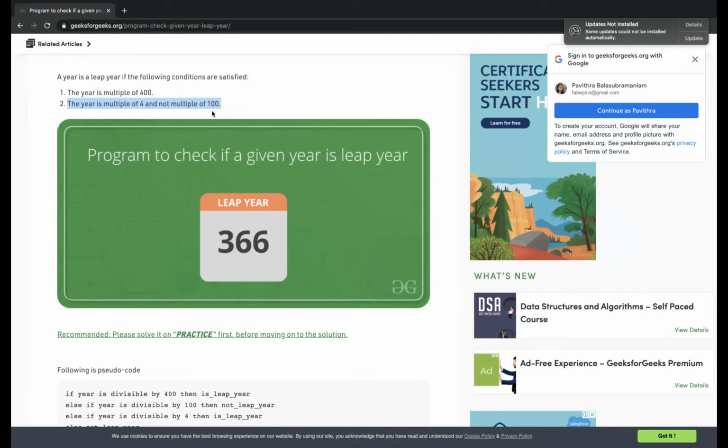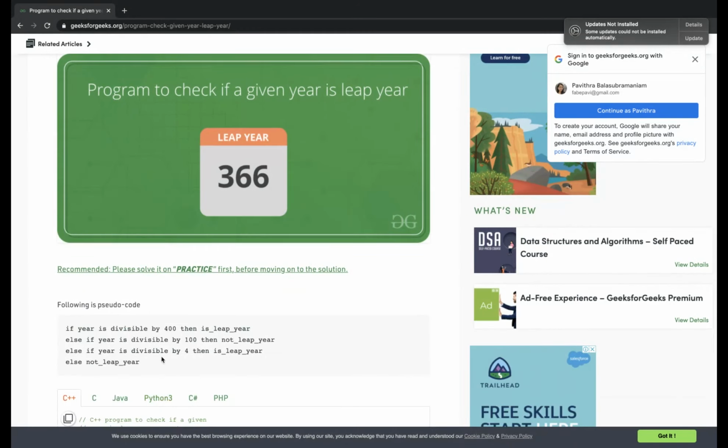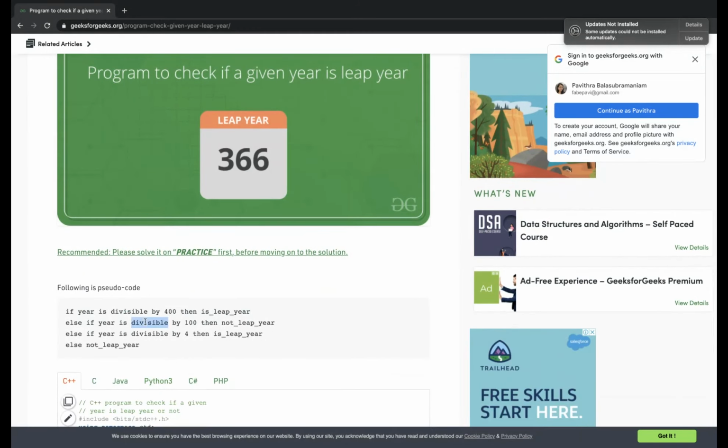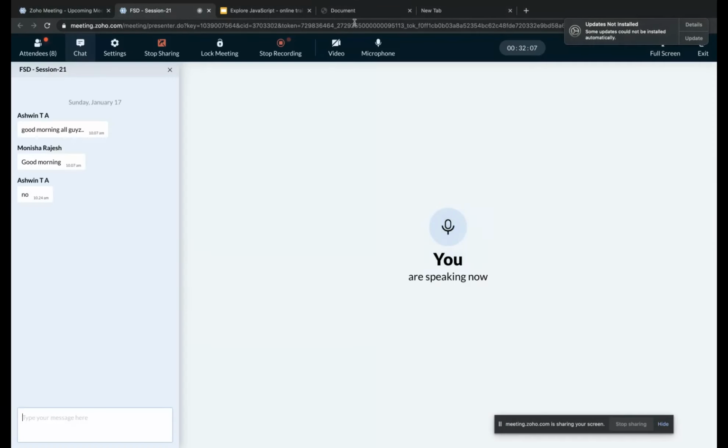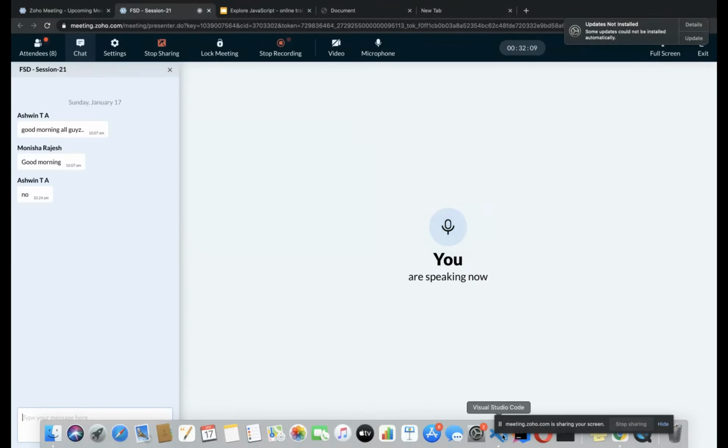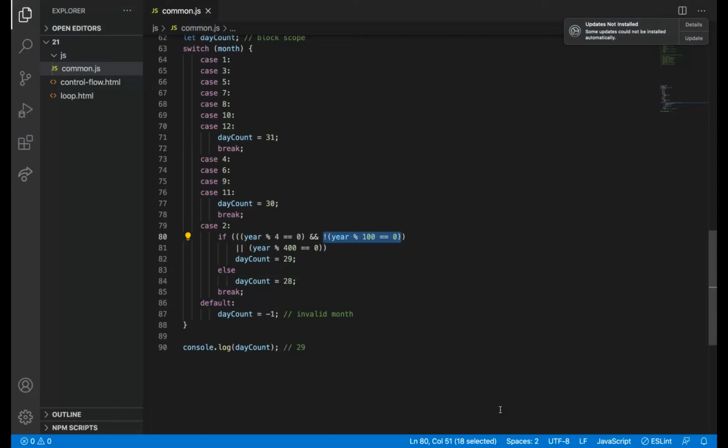Else if the year is divisible by 100, then so 2100. But my question is 2100 or 2200. Anybody has any idea? Yeah, we can skip this. There is a condition. Maybe I can check it later. But definitely we have studied it. I cannot recollect it now.